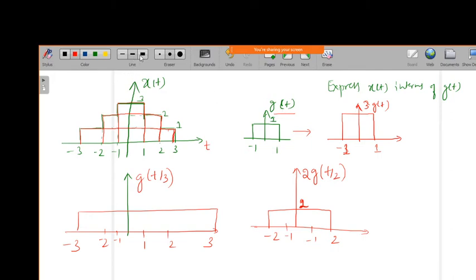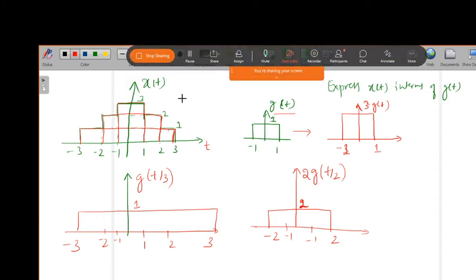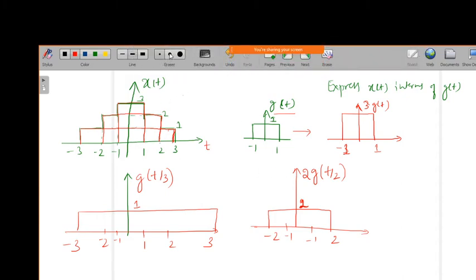But here one thing you note, because if you add this and this, here the amplitude value is 1, right? So 1 plus 2, if I add, it will go to 3, and again 3 plus 3 will go to 6. So only we need to get 3 from -1 to +1. So that's why this amplitude scaling is not required, and we can add whatever has just a scaling. Okay, so just add g of t, and here it is